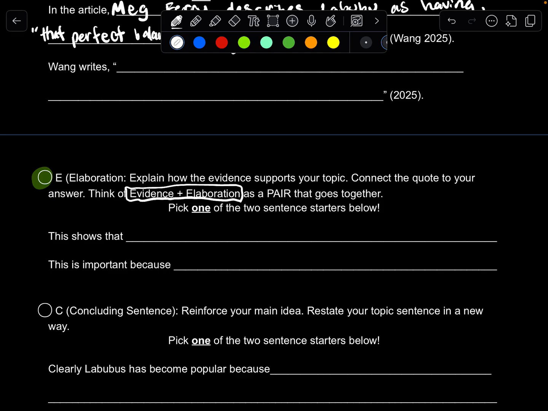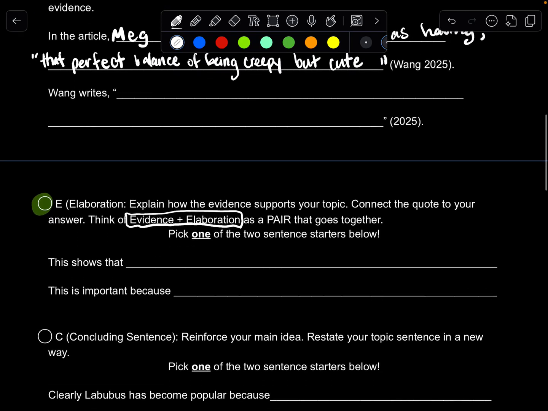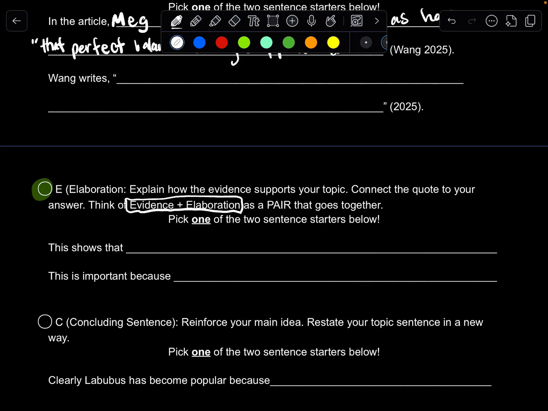These are an example of sentence starters. I want to be so clear, friends. Sentence starters are a structure. It's a tool. You don't have to use these exact sentence starters, but for the purposes of the notes right now, I do want you to practice with it. So you could say, this shows that, and insert whatever your thoughts are. You could say, this is important because. I'm going to build off of my whole perfect balance of creepy and cute. And I'm going to say this is important because its unique look